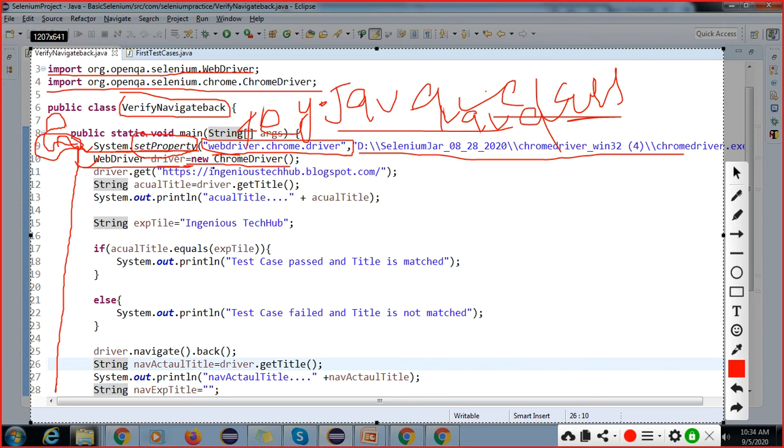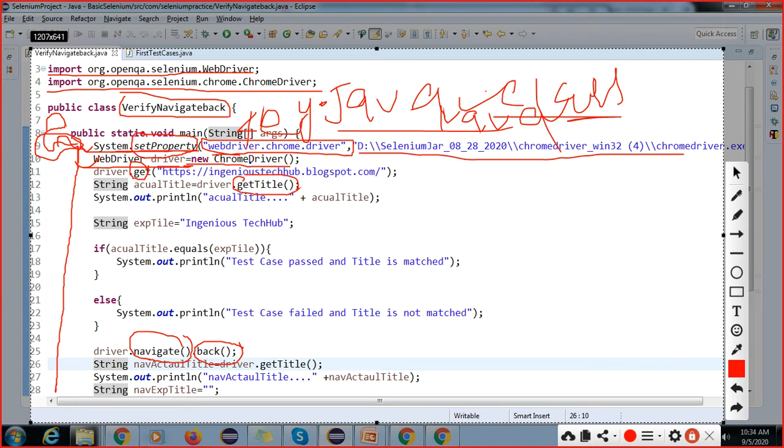Here what I'm going to do now is access all the methods which are available inside this WebDriver. All these methods are available inside this WebDriver. If you remember, when you create an object, this is your superclass and this is your subclass.